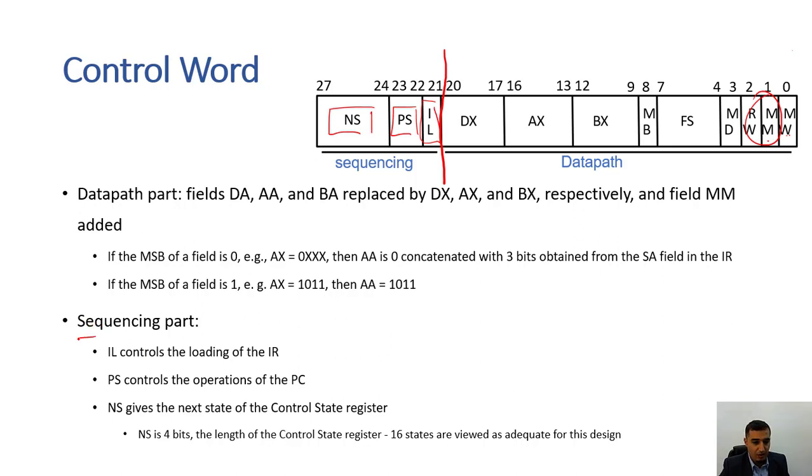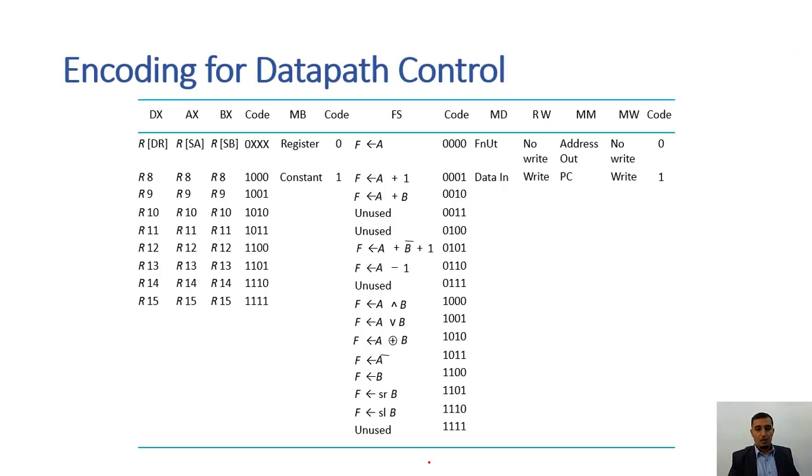So we have instruction load, program counter select, and we have the next state, which is 4 bits. These next state bits give us for each instruction a possibility of 16 states that can be used. So your instruction can have a maximum of 16 paths within the data path. So encoding all of this together, you can see that we have the data path as